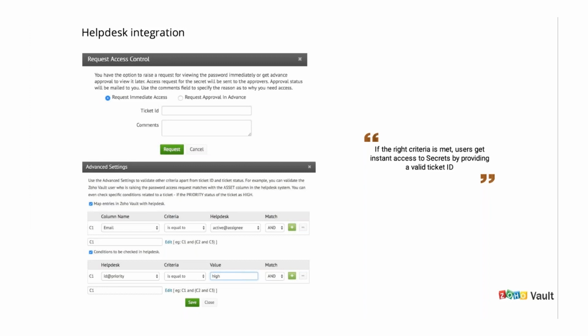You can feel free to go ahead and access these different types of criteria that you find here. And if you feel that this is something your organization can make use of and help your support people, then go ahead and definitely try out this option. This will ensure only the right people get access to the passwords instantly, even during emergency situations.